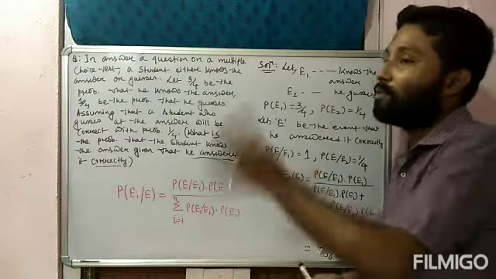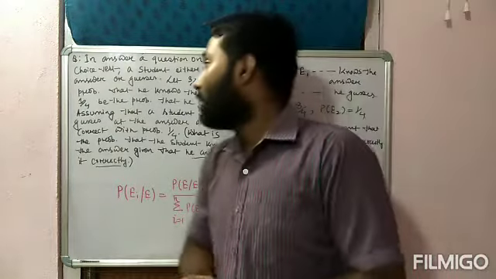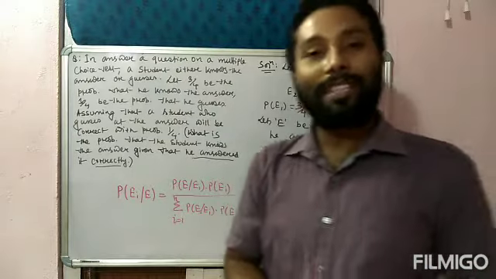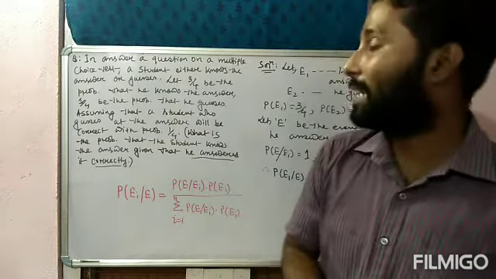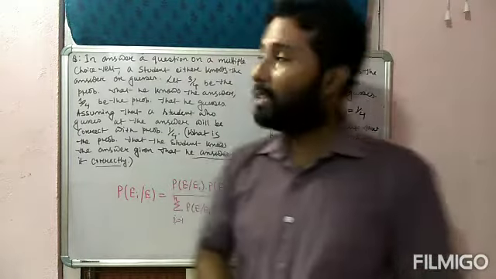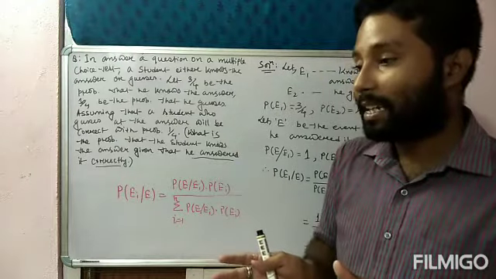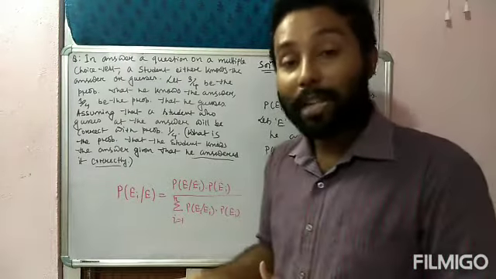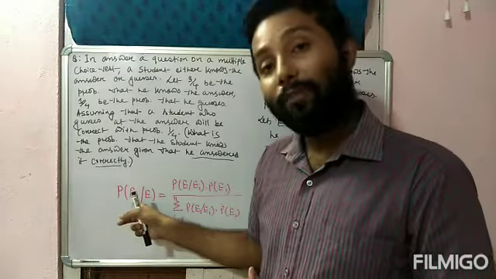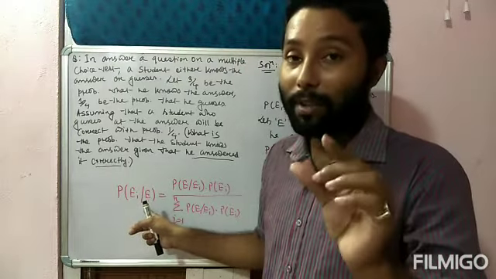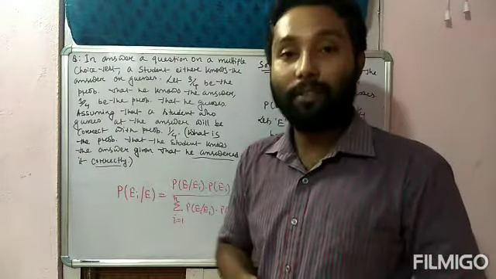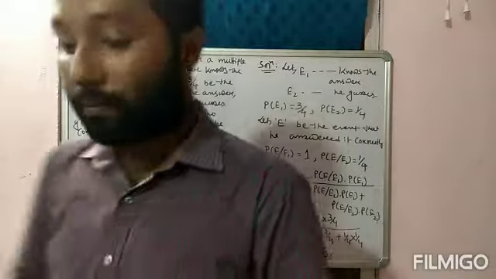Okay, so like this type of questions you have to practice more, because these are long questions, either 4 or 6 marks question. Okay, Bayes theorem related question. Some more models I will discuss. Read the question, try to understand how many events are there, what will be the special event, because apart from Ei you have to consider one special event. That event you will get in the last part of the question. Okay, some more questions I will discuss now.